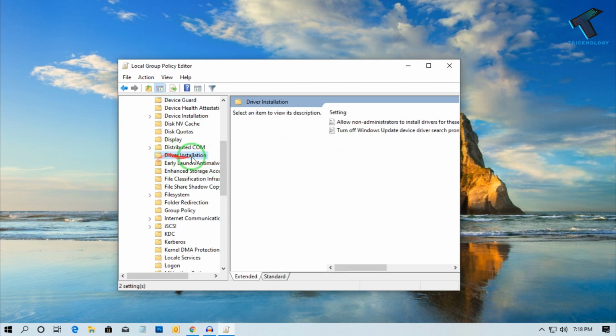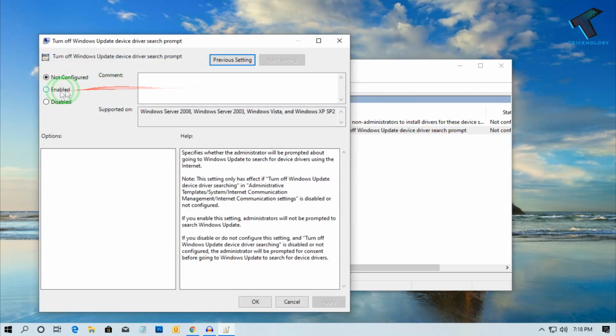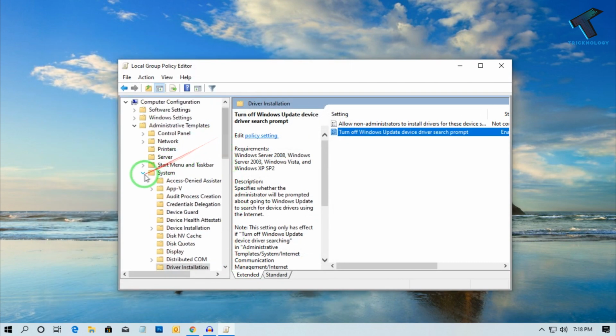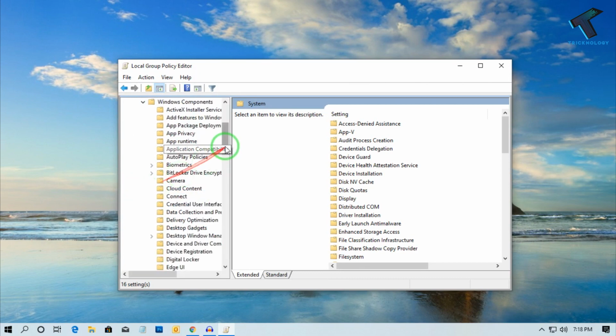So just select that driver installation, and you will get an option like turn off Windows update device driver search prompt. So right click over there and click on edit, and after that select enable and click on apply and then OK. Now you have to expand the Windows components from the left side corner, and after that